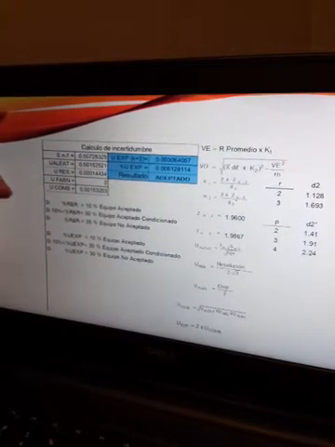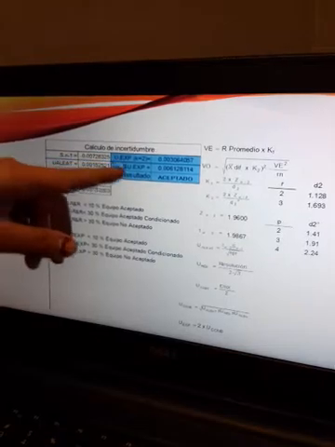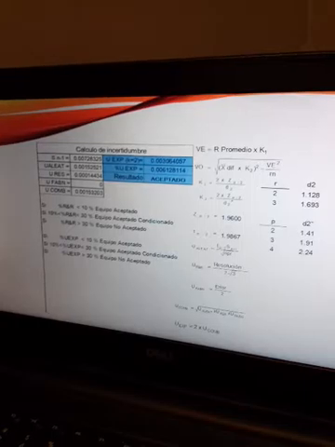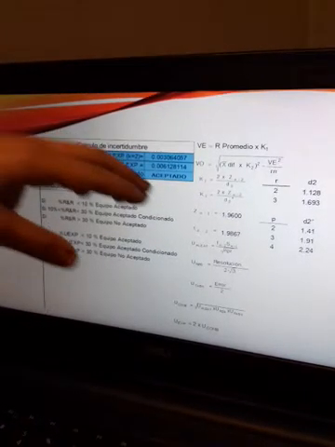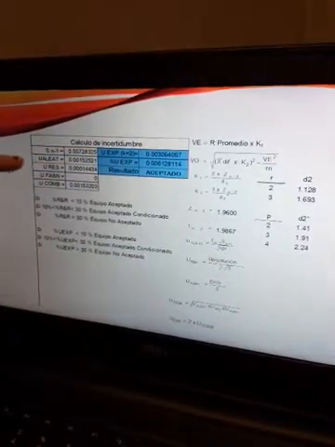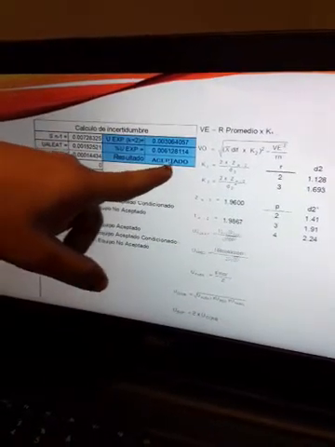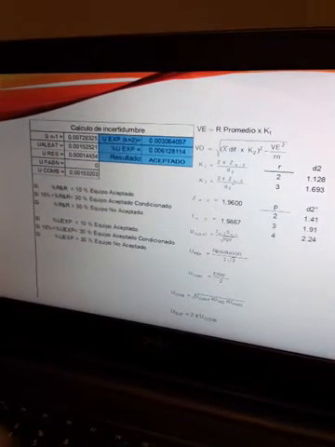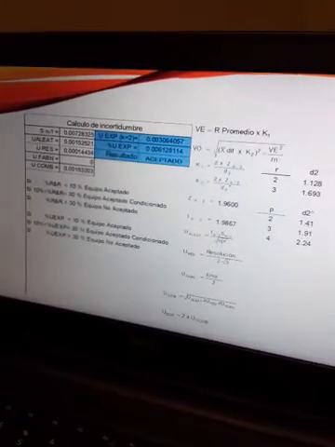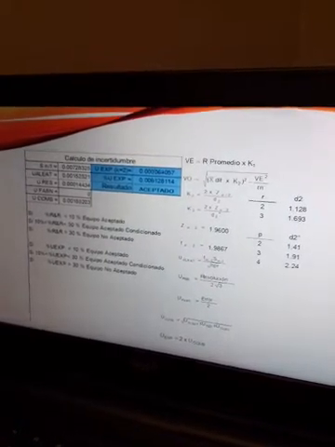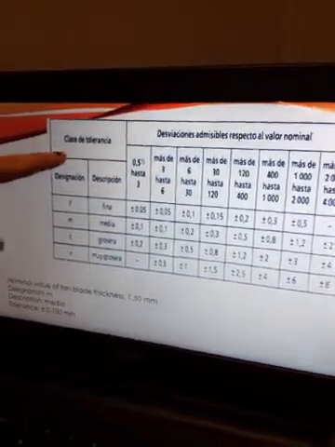So for this process, we need to calculate the uncertainty. You can see here all the equations that they used, and the result. They declared that it is acceptable for the process, because in the next slide I show you the tolerance of the micrometer that they used.